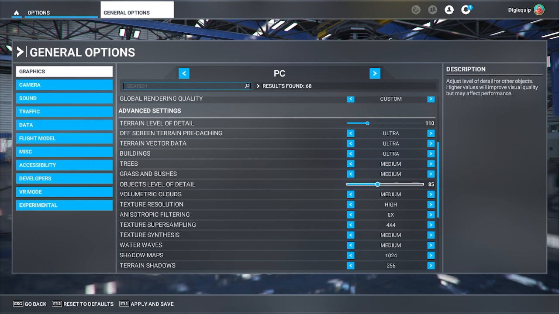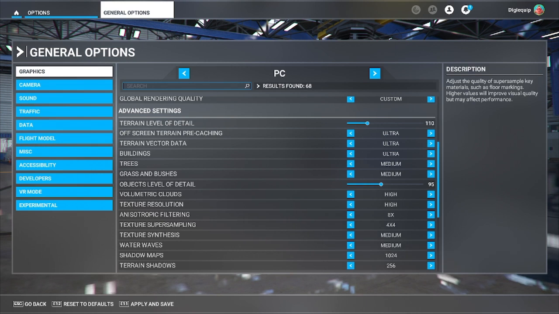The point of me babbling about that is that really this is going to be your personal preference. So as you look at this, you can see here, I've got grass and bushes at low, trees medium, buildings high, water waves medium, shadows I've turned down a little bit, and object level of detail is turned kind of on the lower side,